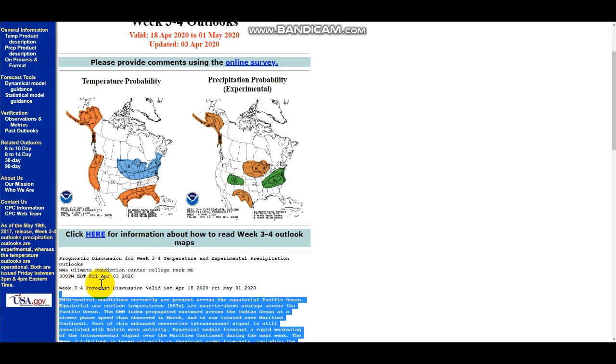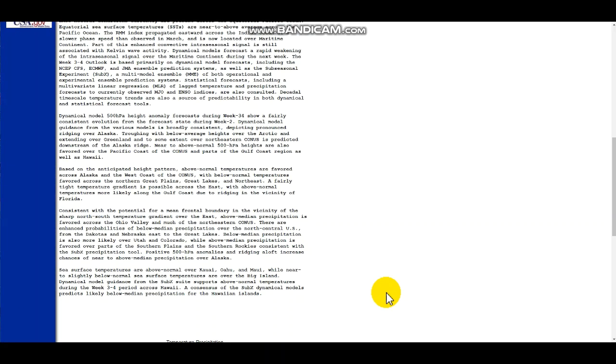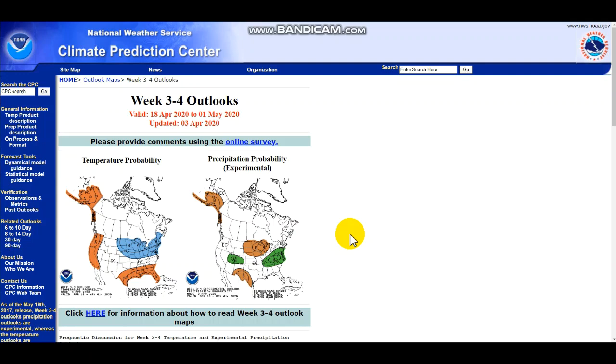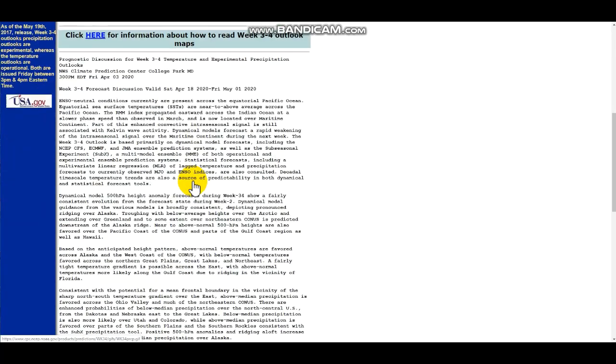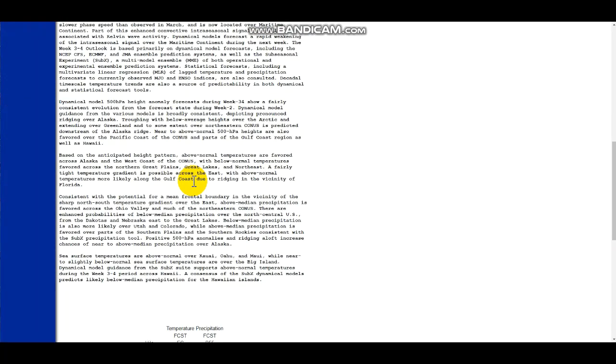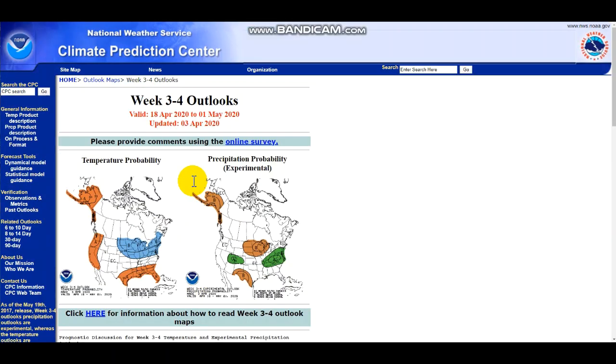They were predicting from a couple weeks ago at around this time frame way above average temperatures, and now it's going to be cold. So again, I would take this with a grain of salt. They've done a really poor job. They've gotten really bad survey results from people, but you know, that's what a 3 to 4 week outlook does. I mean, it's just very hard to predict. It's not reliable, but you know, they tried their best.